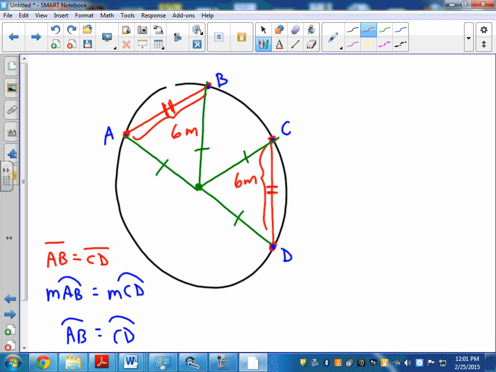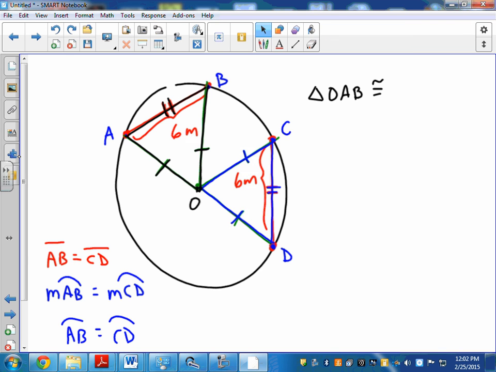Right? And so if we look at these triangles, this black triangle has two sides and a third side. And if we look at the blue triangle, again, we've got these two sides that are the same and the third side. So the triangles are congruent by side, side, side. Let's go ahead and say that. Triangle, using the black one, here's O, so triangle OAB is congruent to, and here's the blue one, triangle OCD,